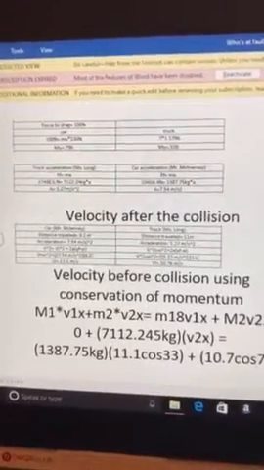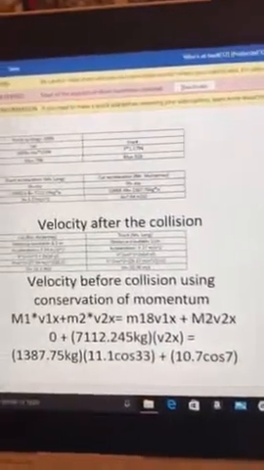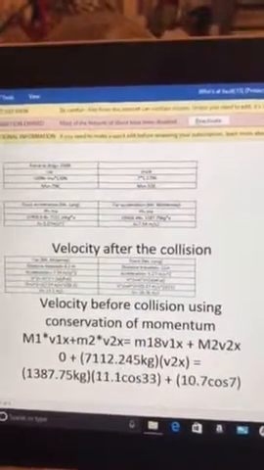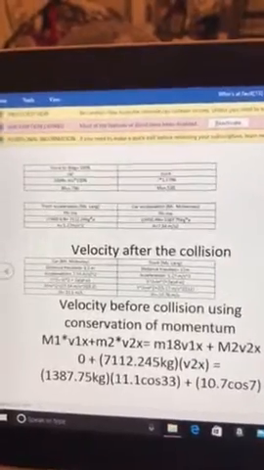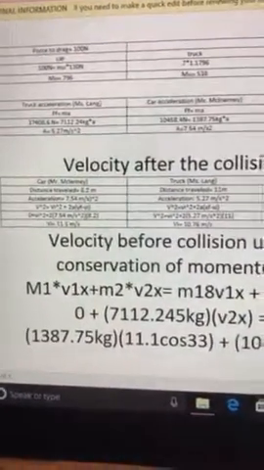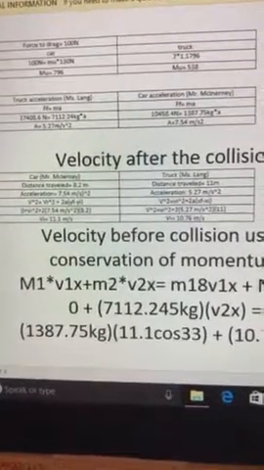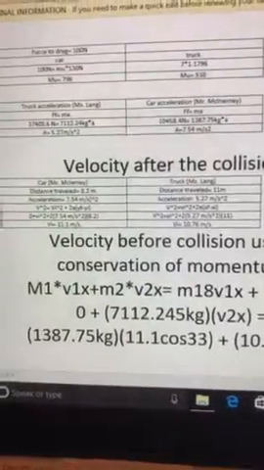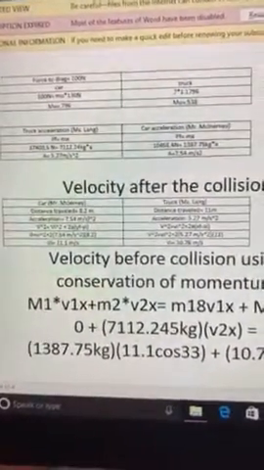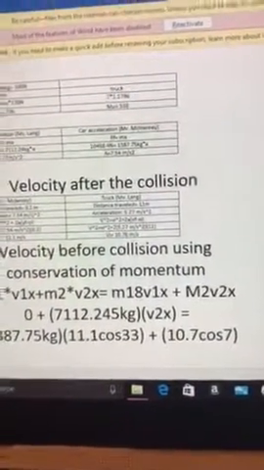The velocity after the collision and the velocity before the collision did not match up with the claims that Mr. McKinney and Mrs. Lang made. We found out that the initial velocity that Mr. McKinney was going was 11.1 meters per second, which could not be true if he stopped completely at the red light. In Mrs. Lang's case, she did not